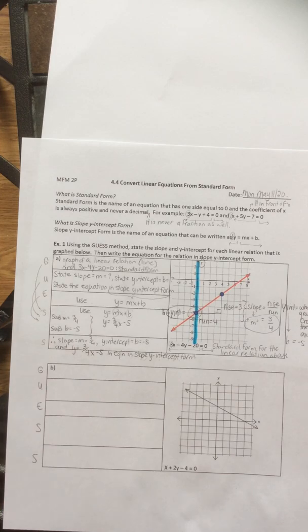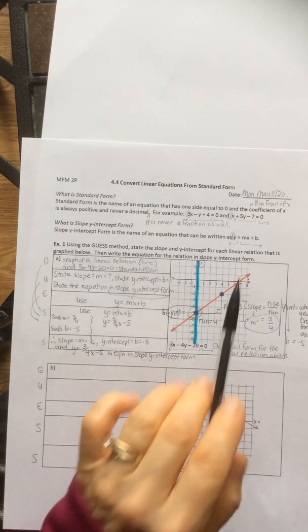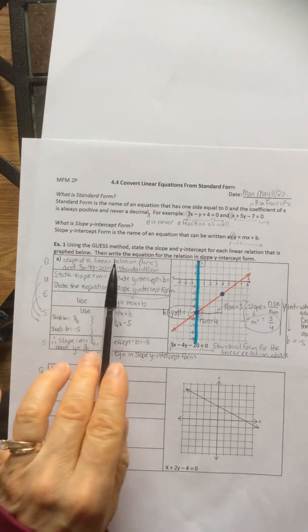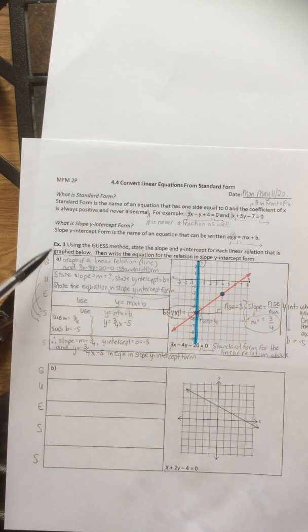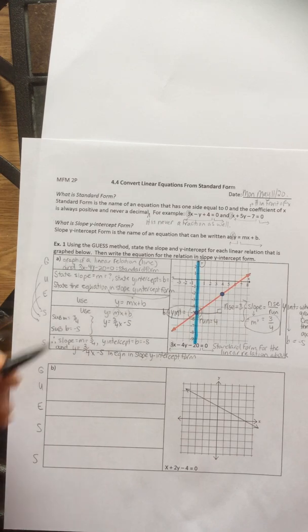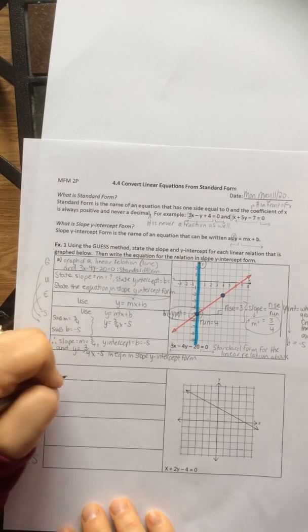Using the guess method, state the slope and y-intercept for each linear relation that is graphed below, then write the equation for the relation in slope y-intercept form. So that instruction is for B as well. What have we been given? We've been given the graph of a linear relation,